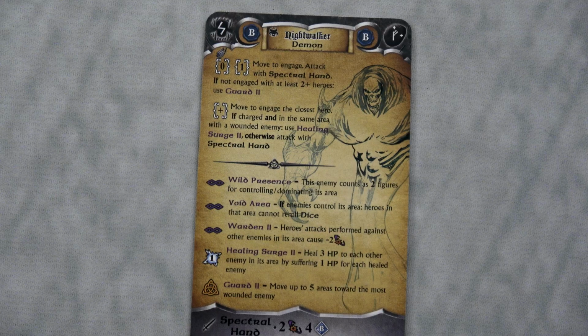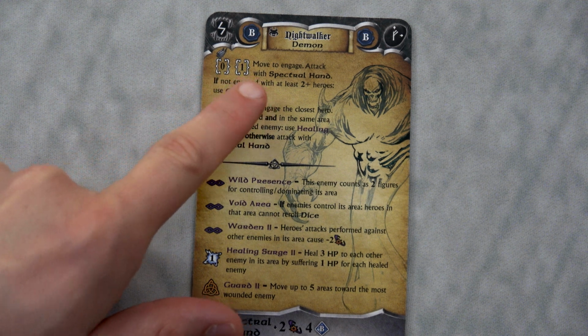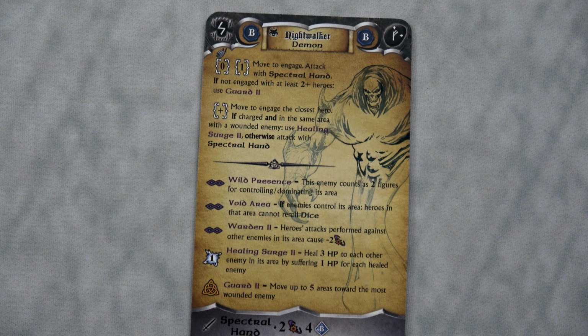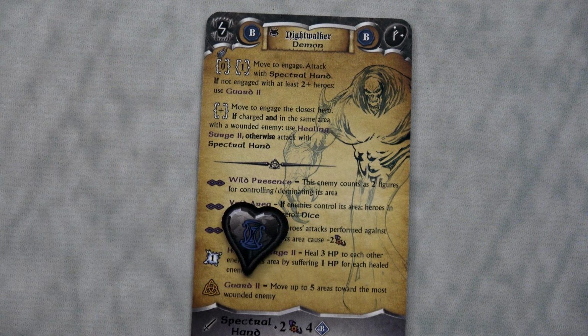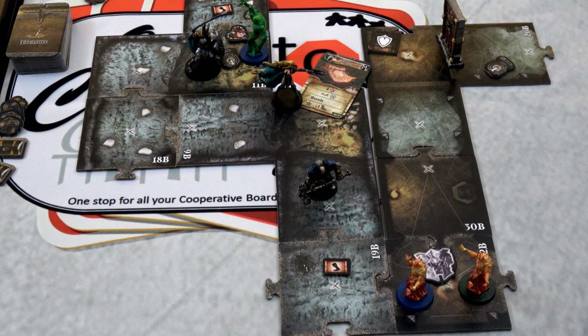Fortunately for us, the blue Nightwalker was slowed, so he'll just go until his first period. Move to engage. Done. So that's all he's going to do. He'll then discard this slow token the next time he can actually attack. I was thinking of activating Thorgar next, and in all honesty, I probably should, but I think I'm going to